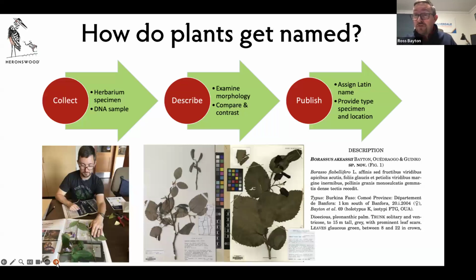Below that, you'll see a brief description in Latin. That's a description of the plant. When I was a student only a few years ago, Latin descriptions were a necessary part of publication. Nowadays, they are not. That rule was changed fairly recently, but you can see a full Latin description there. And then below that, you'll see the word typus. And typus is a herbarium specimen that is the type. It is the original of that species. And if anybody around the world wants to know what that species looks like, they can go and look at that type specimen. And you'll see there the description of where that type specimen was discovered, the geographical area,